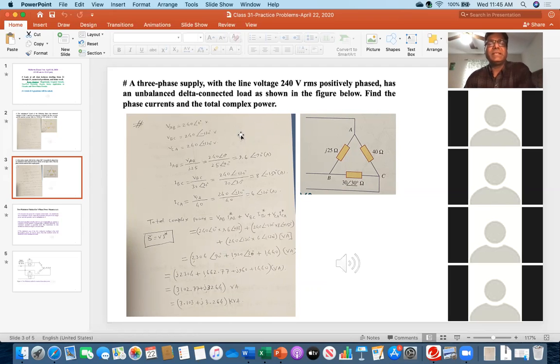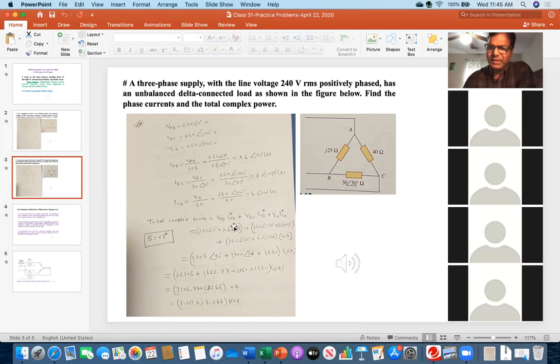Now everybody say what is the significance of unbalanced system? What I have written, total complex power. So you cannot multiply by 3 or you cannot use root 3 because this is an unbalanced system. So you have to consider phase by phase, one phase at a time. You cannot apply that root 3